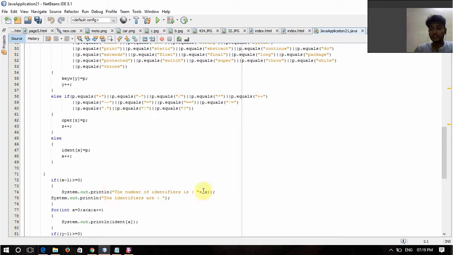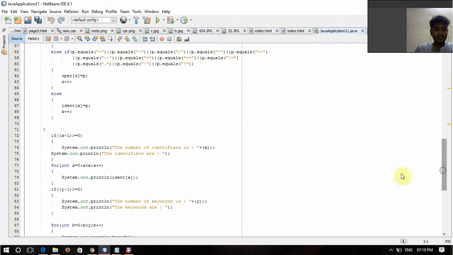If any identifiers are present over here, I need to increment the identifier value, and I need to print that identifier value. For this purpose I'm printing the number of identifiers is x, and the identifiers are System.out.println the identifiers. Similarly for all the identifiers, I'm giving a equal to 0. I'm taking this in an array called a. So for a equal to 0, a is less than x, a plus plus. So this continues until the last